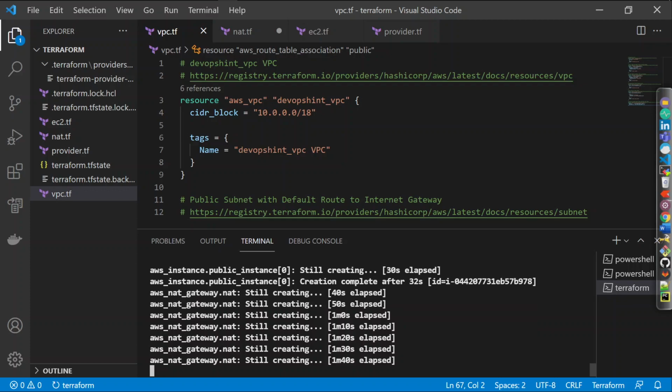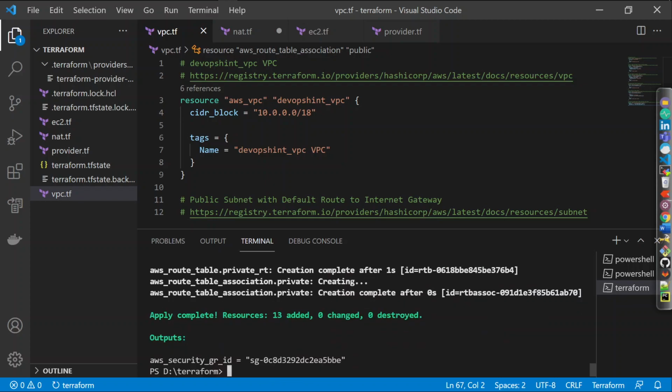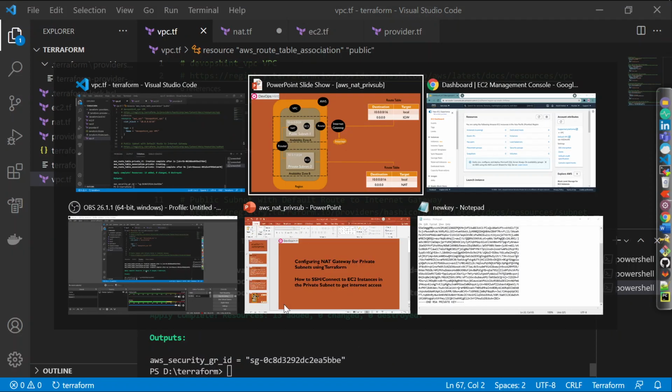We'll also check which subnets the EC2 instances are created in, and whether a public IP is assigned to the private EC2 or not. Okay, you can see apply complete, 13 resources added. Fine. Now let's check in AWS.